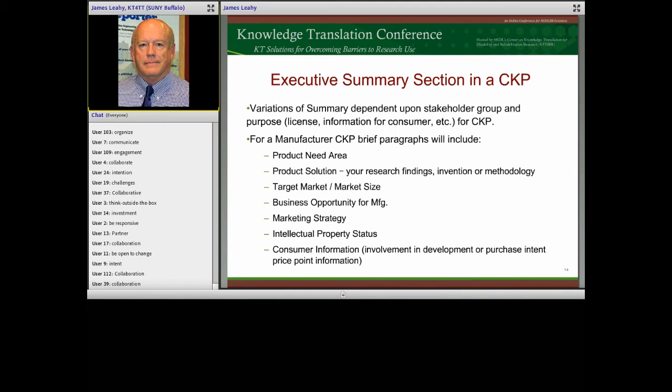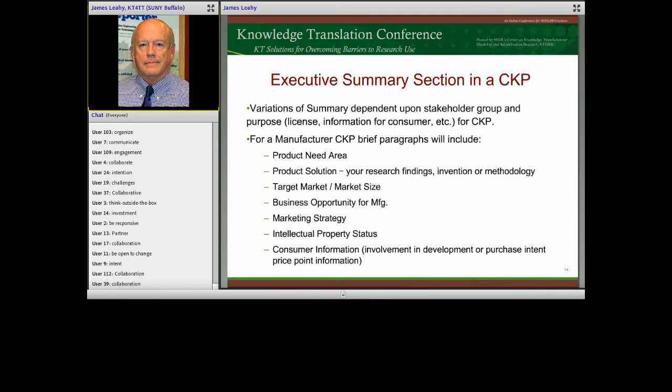For purposes of brevity, I'll just focus on the executive summary of a manufacturer's CKP during this presentation. The executive summary will vary for each stakeholder group based on the stakeholder group and purpose. For a manufacturer's CKP, as an example, brief paragraphs could include product need area, why your research was performed, product solutions, your research findings, invention or technology, target market size, who will purchase your product and how many of them are there, a business opportunity for the manufacturer, marketing strategy, intellectual property status, is it patented or can it be patented,